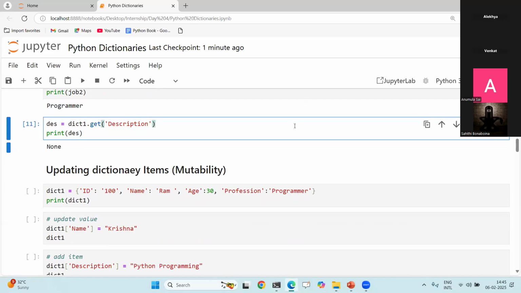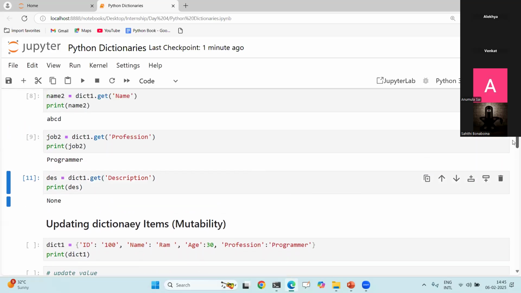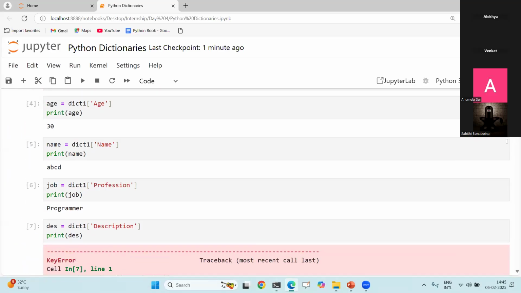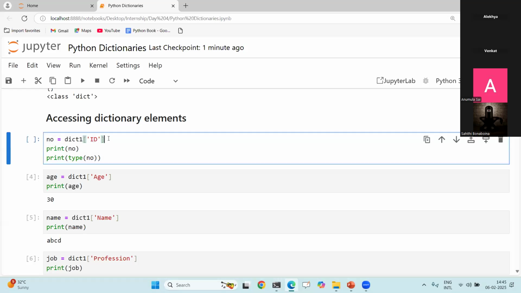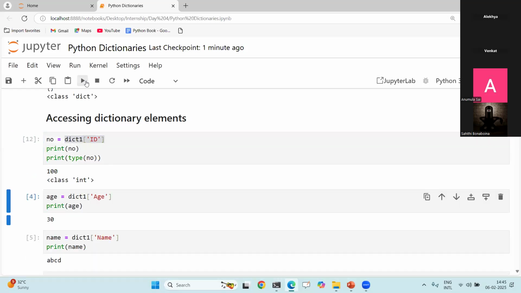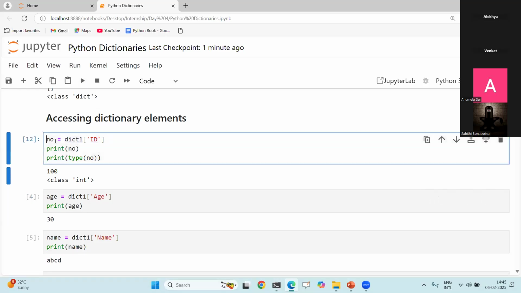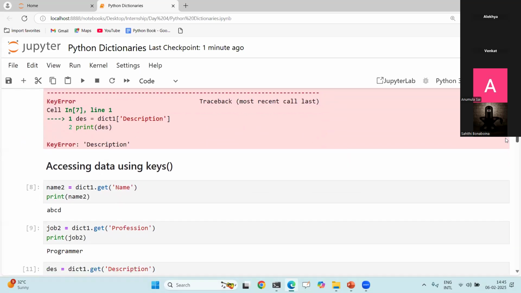The first one I already discussed, hundreds of times. Yeah, I'm repeating once again. Now, if you want to access the value from dictionaries, you have to pass the key as an argument. I'm passing the key as an argument here. See here, I'm storing the data in a variable. I'm printing the data. Yeah. So now let me